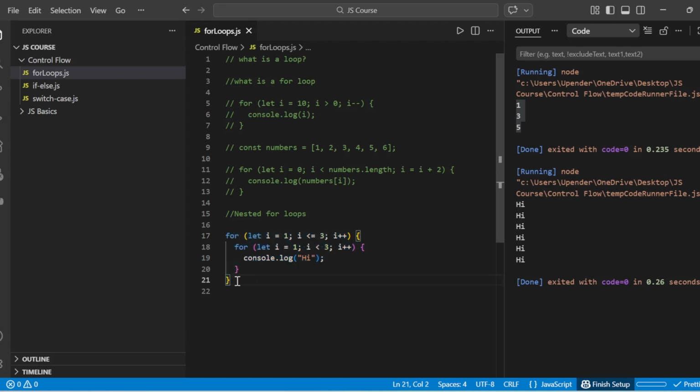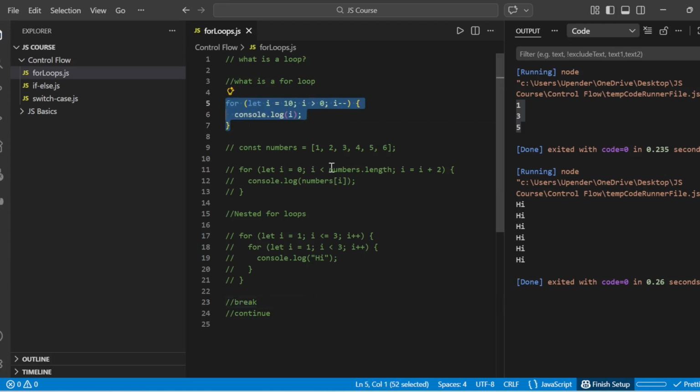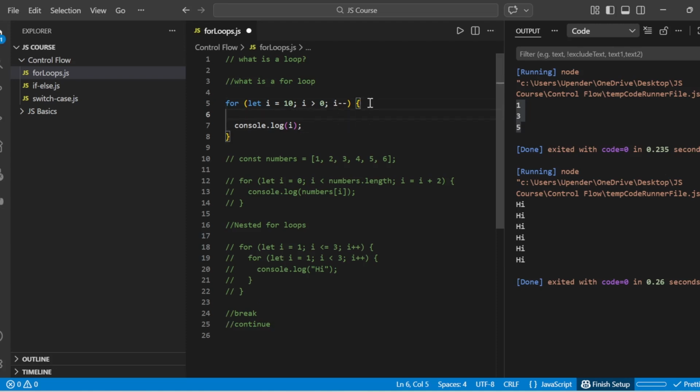Now, important: we have two statements, which are break and continue. So what is a break statement? If you take this code, your code is printing 10 to 1, so it will print 10, 9, 8, 7, 6, 5, 4, 3, 2, 1. Now, what if I don't want it to print the number 5? So I write an if condition. Let's say if i equal to 5,